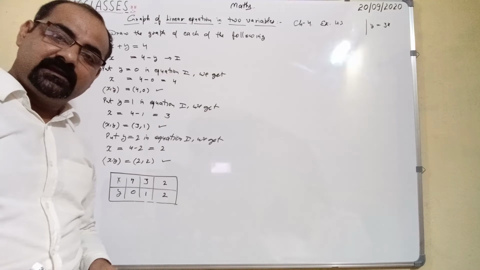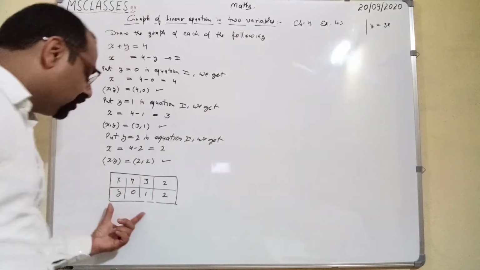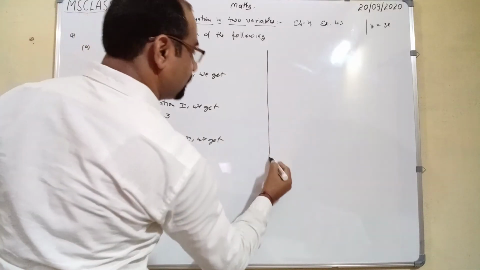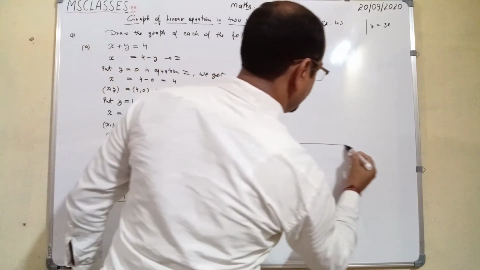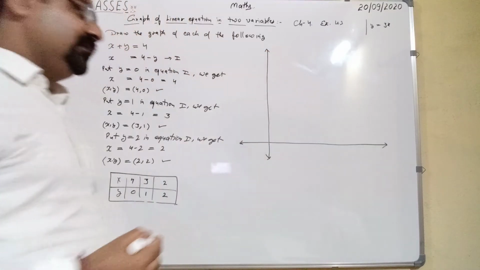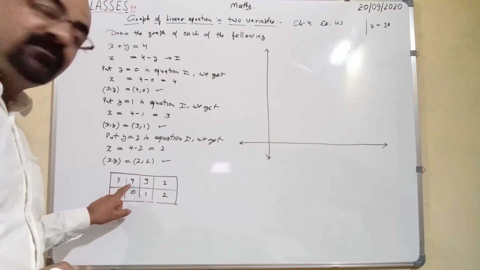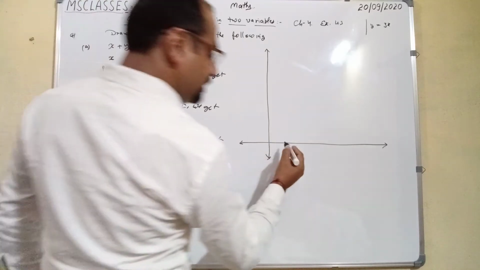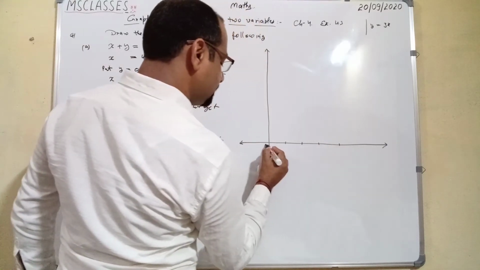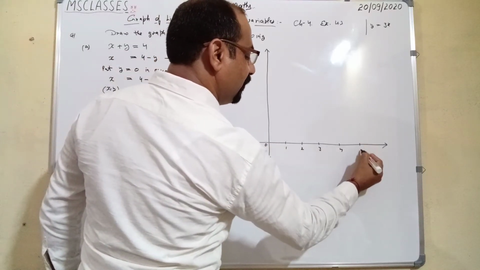Now we have to make a linear equation graph, right? This is the important part. So the values of x and y will be positive, so we need only the first quadrant, okay? So this is a Cartesian plane on which we plot the graph. So the value of x is maximum 4, so we need 4 points. So this is 1, 2, 3 and 4 at equal distance. This is 0, this is 1, 2, 3, 4 and 5, okay?